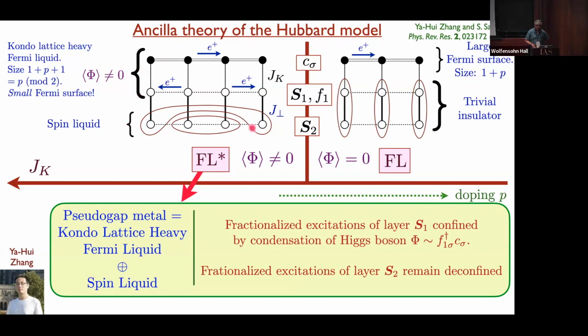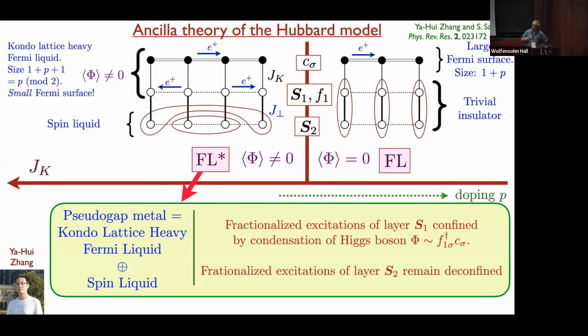And then what about the bottom layer? Well, it better form a spin liquid, and let's assume it does. It forms your favorite spin liquid. You can put any spin liquid you want here. And then you have this FL star state, which has violated the Luttinger theorem. And Oshikawa tells us if you violate the Luttinger theorem, as you did by the top two layers, then there must be some fractionalized excitations. And sure enough, there they are. So that's what I mean by saying this is Oshikawa for dummies.